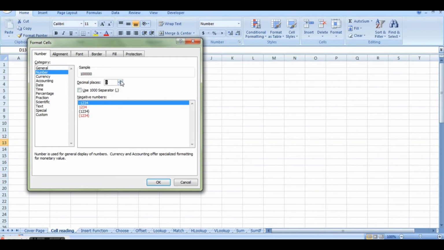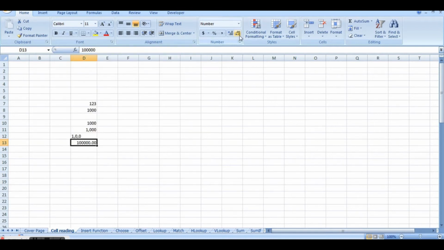If I want 0 or if I want 4 decimals, I can change it as I want under the number drop down. I'll keep it at the default level here with 2, and wherever I want I can use this decrease decimal button and reduce the decimals that are there.